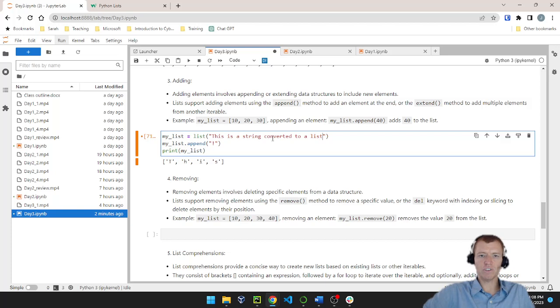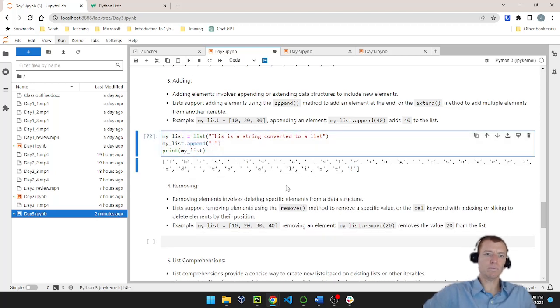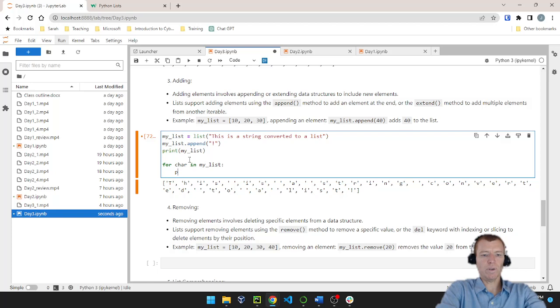So this is a string converted to a list. I'm going to append something to the end of the list, and then I'm going to go ahead and print it out. There you go. And now I can also print it out as a single word, or as a single string, because we can also do looping on a list. If you remember how we do that, we did a for loop, because it's a defined number of items. So we do for each character in my list, I'm going to print the character,